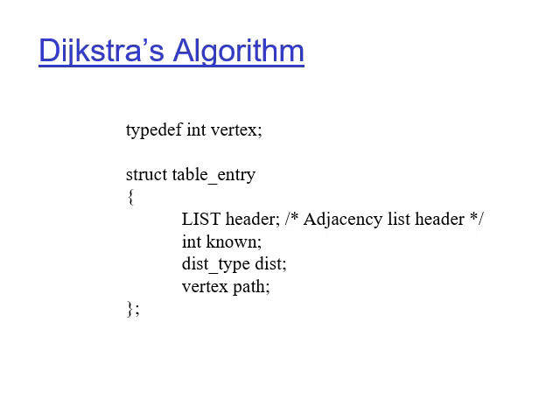So list header. This is the adjacency list header of the vertex, right? Then the known variable is also an integer because we don't have a Boolean type in the C language. So known is either true or false, 1 or 0. So 1 can represent true and 0 will represent false. Then the distance. The distance is the shortest path distance, the current estimate, and then the path. That is the predecessor of a certain vertex.